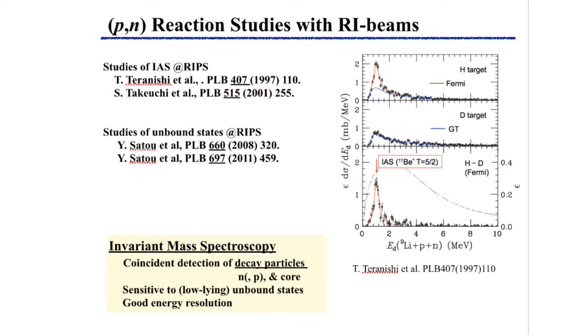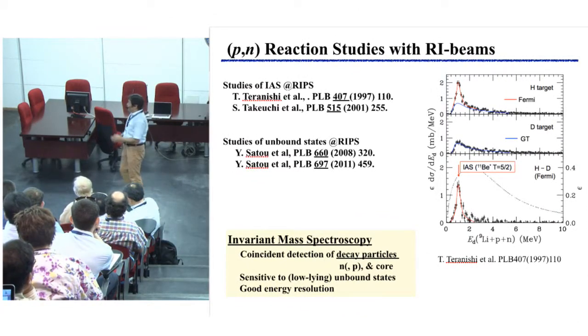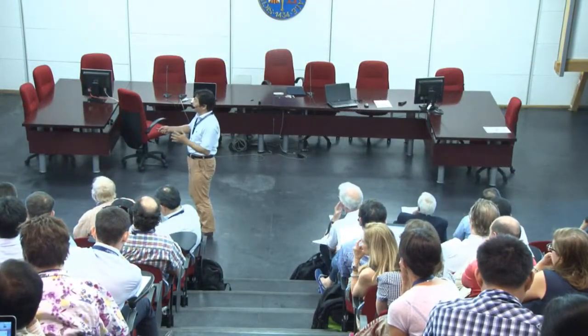Technically, experimentally speaking, they used invariant mass spectroscopy, which is very nice. They can achieve a very good energy resolution. But at the same time, they are sensitive only to the low-lying unbound states. This was the problem. And quite recently, this PN reaction technique has been applied to missing mass